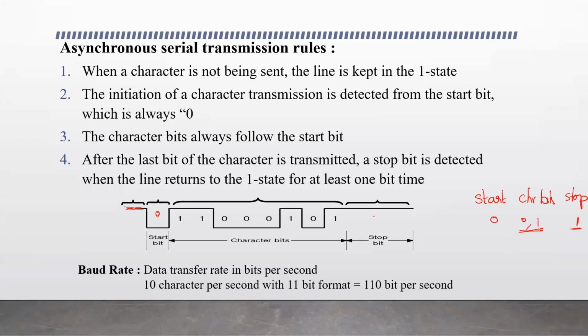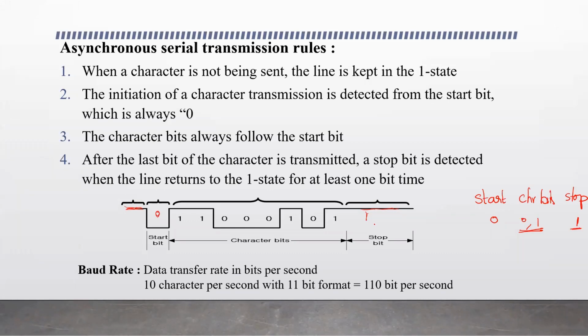Okay, so the stop bit is placed in the line. This indicates that the line is high. The line stays in one state. Some computers may use 1 stop bit and some computers use 2 stop bits. The number of stop bits used depends on the time the computer takes to resynchronize, or you can take it as resynchronizing is getting ready for transferring the next byte.